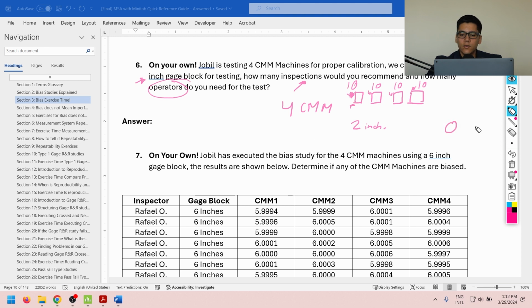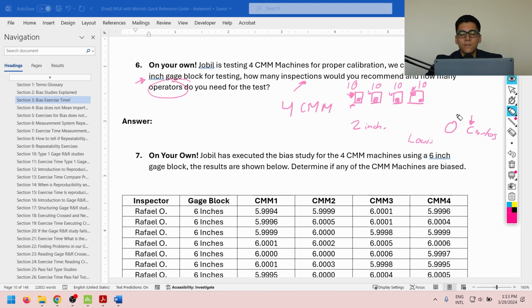Let's say, for example, Carlos likes to put the sample here on the machine, while Luis likes to put the sample here on the machine. We know that there shouldn't be an impact, but we want to make sure that all machines are being inspected in exactly the same configuration, same part routine, and same inspector, because we're testing for bias on the machine, on the